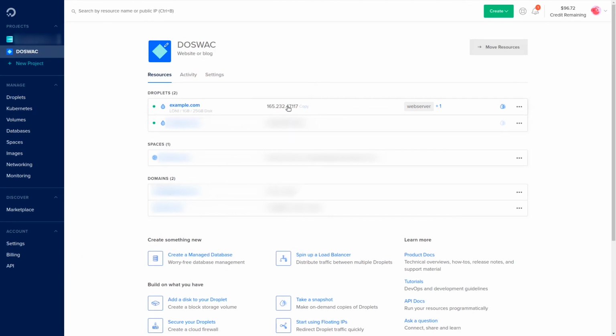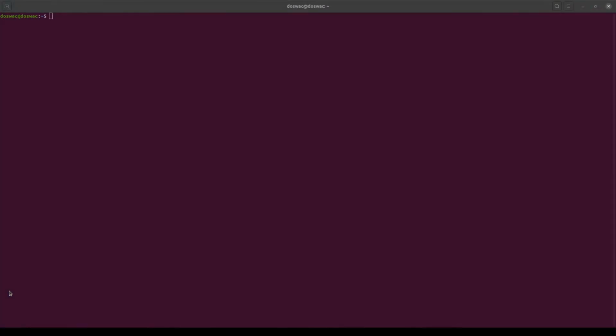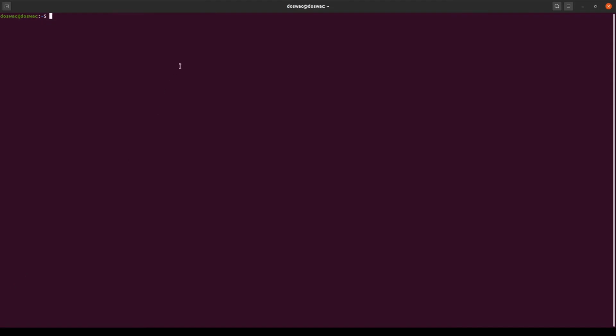So I'm using Linux on my host machine. I can use the default terminal application available in Linux. Copy the IP address of your server and open the terminal application on your Linux or Mac host machine. To connect to the server, type ssh, space, your server username, which is root, which we just created, and then the IP address of your server, and press the Enter key.